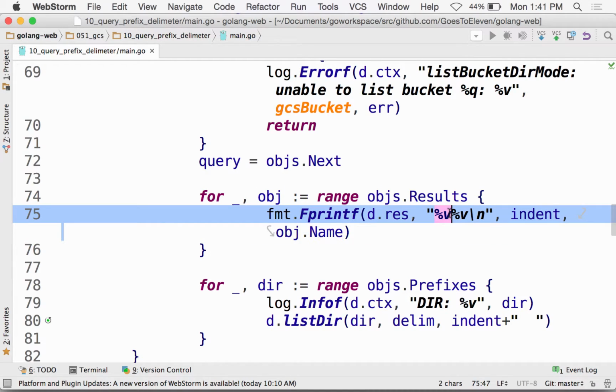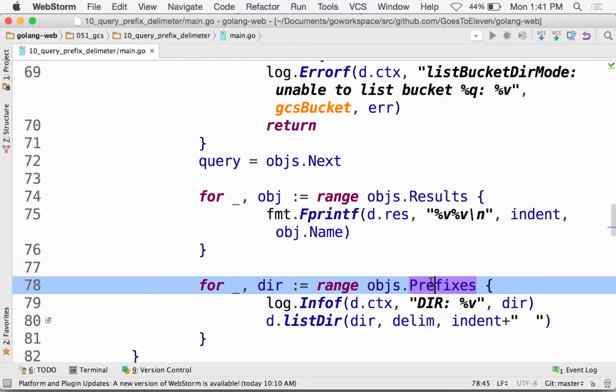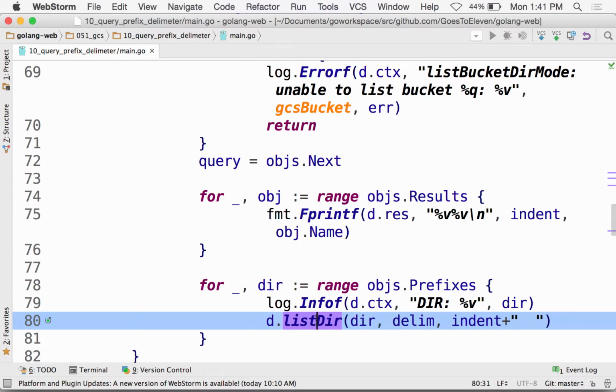Then we range over the object prefixes, and we get the directory, in which case we call list dir again, and we pass in the directory, which is the prefix, the delimiter, and then dent plus a little bit more space. Okay. So the first time through,